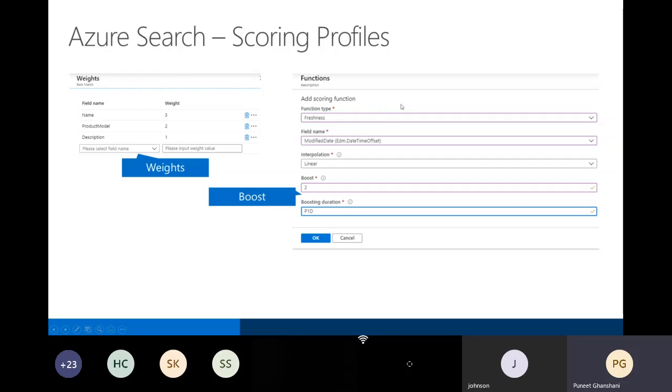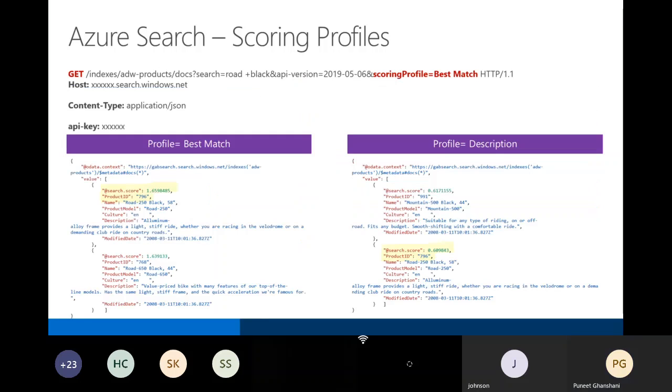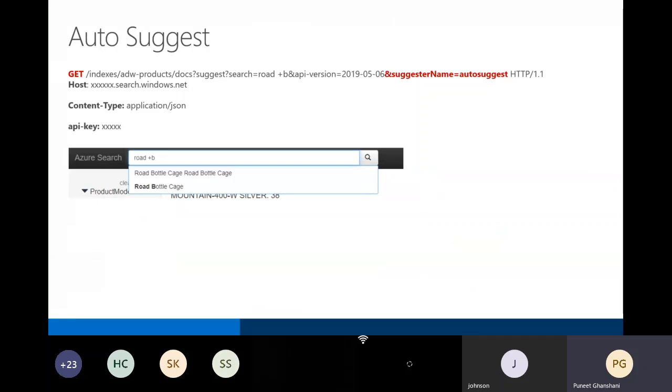One thing that we did not touch is the weightage. You can change the functions and say boost for 1 day based on the modified date. So if the item is recently modified, you can see it on top. There are different functions that you can apply over there. And when you use the scoring profiles, you get the same results at a different level. Sometimes a product may come at the top, sometimes it can go down, based on the scoring profile. We saw how auto suggest worked,